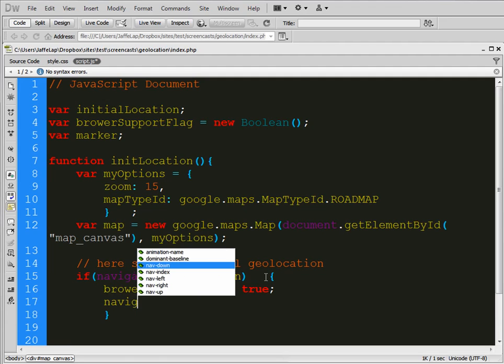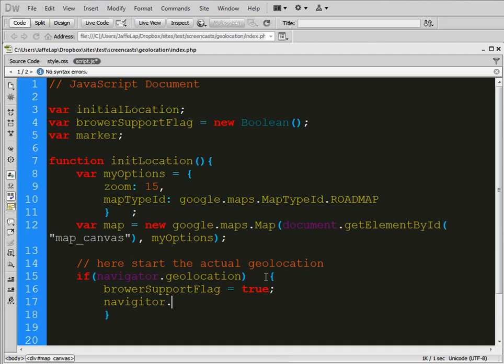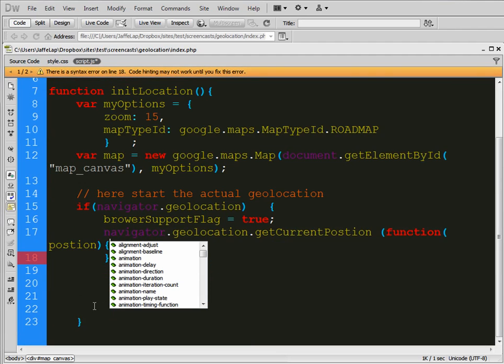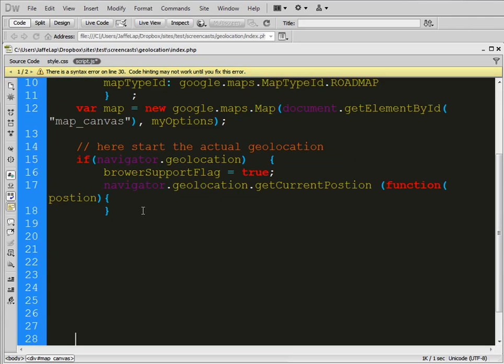And we're going to use the navigator.geolocation.get current position, and inside that navigator.geolocation.get current position, we're going to create another anonymous function here, and that function is going to take a position. And in that position function,